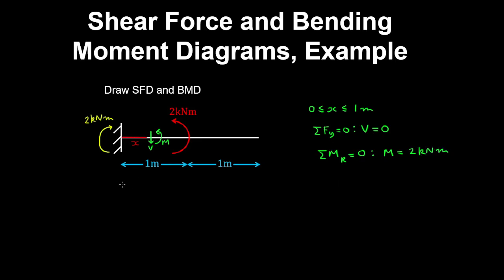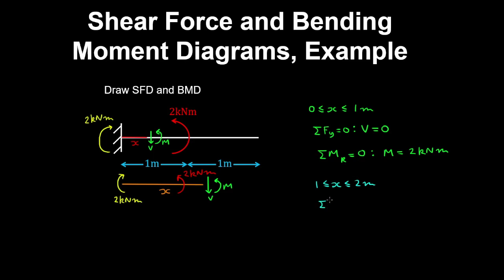Now conversely, if we take the cut section at some distance x from the support and expose the internal shear force and bending moment, well, the moment reaction is going to act on this section and the externally applied couple is also going to act on this section. So from x equals 1 meter to 2 meters,